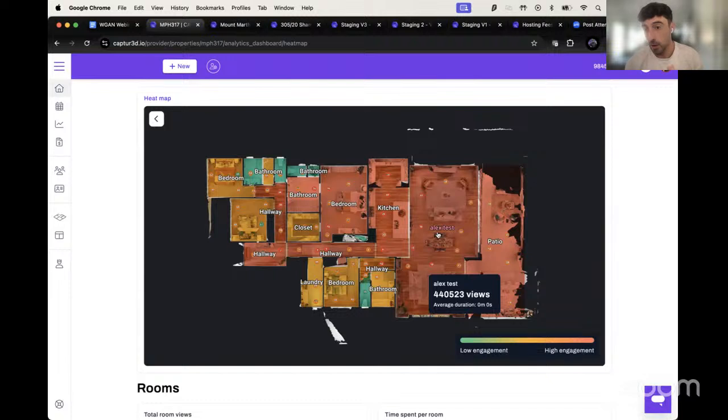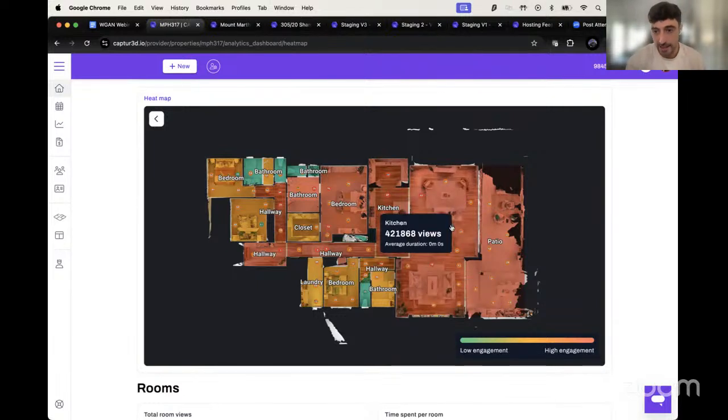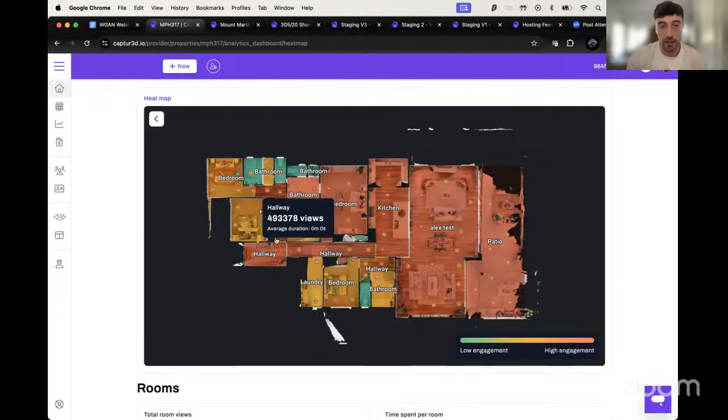Just bear in mind as well that you can actually tweak the room boundaries with the property layout in the Matterport workshop. So you can actually draw walls to partition certain areas that you may want to do manually, but we can also provide this automatically as well. And as you can see, the labels obviously translate into the tour as well, with that Alex test label, just to show you how that can show up in the heat map.